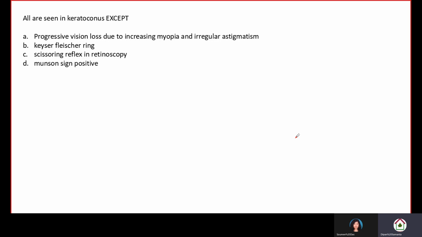Okay, so next question. All are seen in keratoconus except: progressive vision loss due to increasing myopia and irregular astigmatism, Kessler-Fleischer ring, scissoring reflex in retinoscopy, and Munson sign positive. And the answer will be